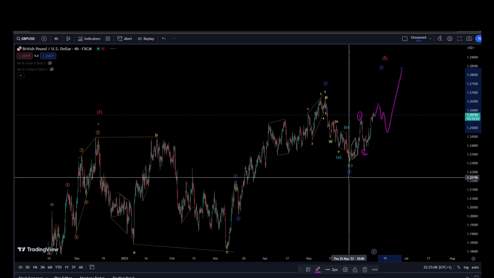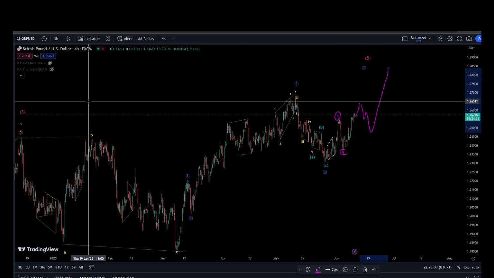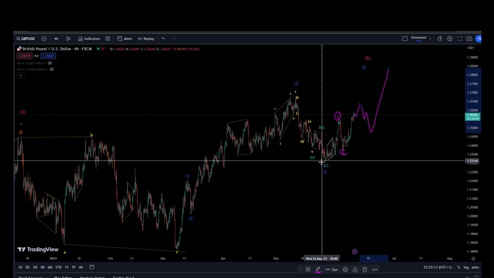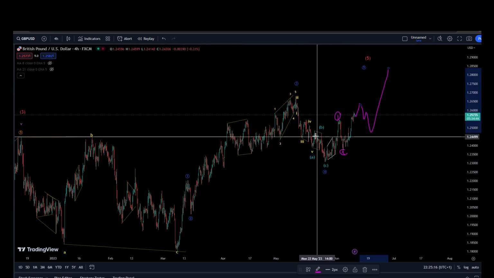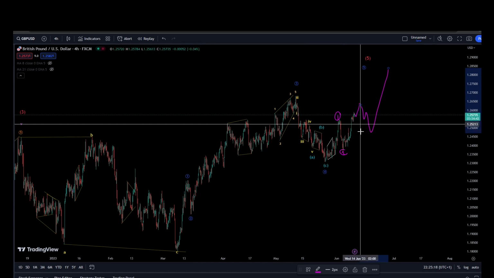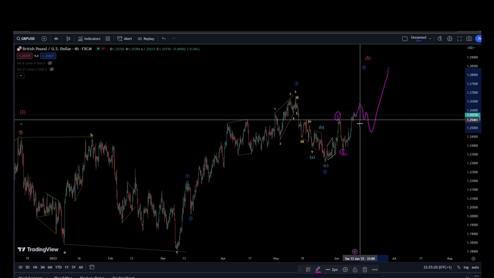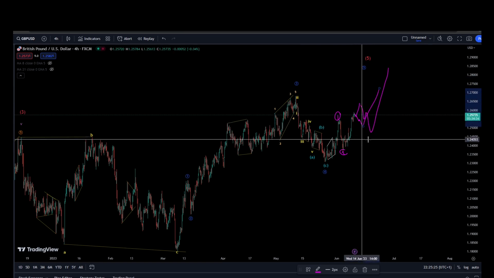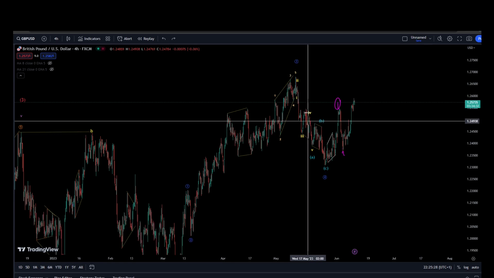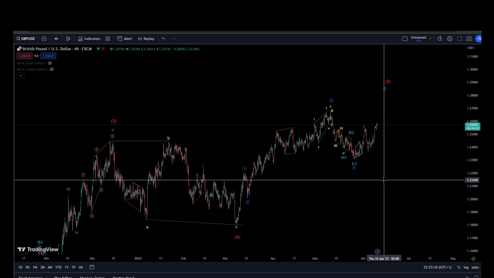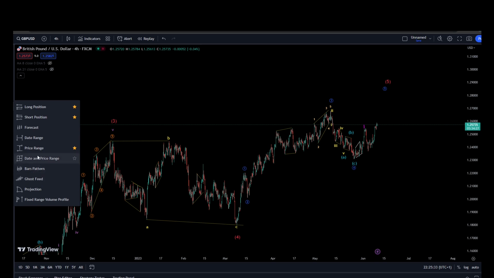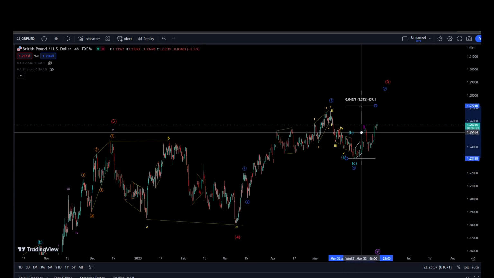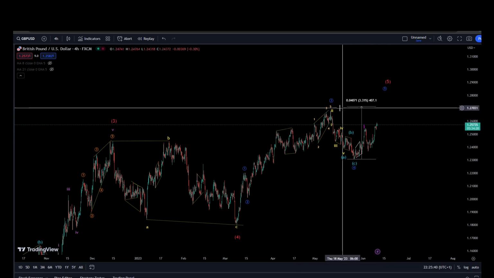So I would say that although in terms of this degree here, this was a correction, a deeper correction to give us that wave 4, we've broken market structure. So for me, I'm going to assume that we are going towards the upside. Any pullbacks that you get, any 3 wave correction that you get, look to take it to the upside and simply buy this market as well. We are overall targeting this price range, so wave 1 of here. We are targeting around these levels, so I'm assuming that we might just get up towards this high,